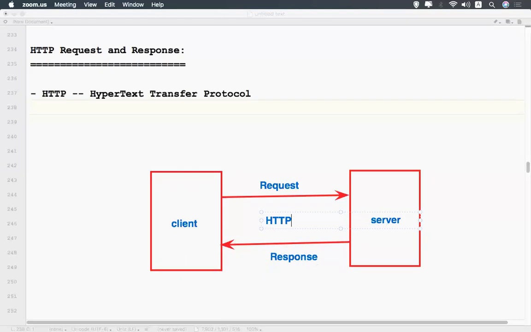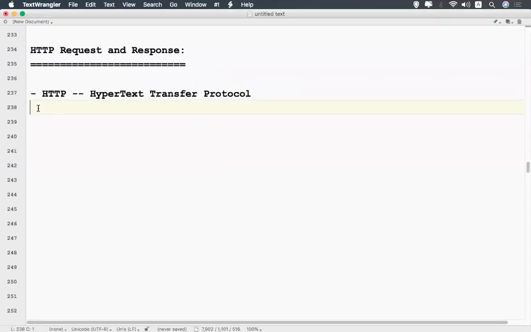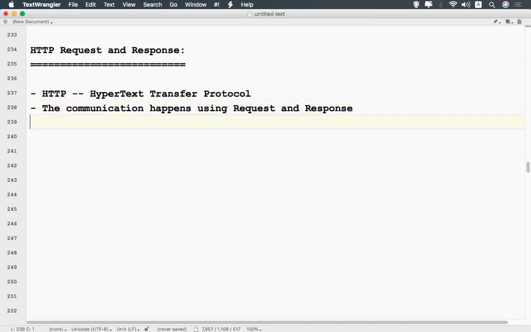So the communication happens using request and response.